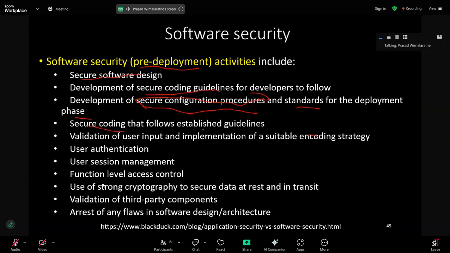Secure coding, where we will have established guidelines that we can use, and also validation of user input and implementation of a suitable encoding strategy. Proper user authentication, proper user management, function level access control we can implement when it comes to coding, and use of strong cryptographic algorithms,